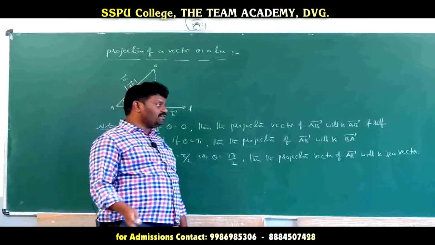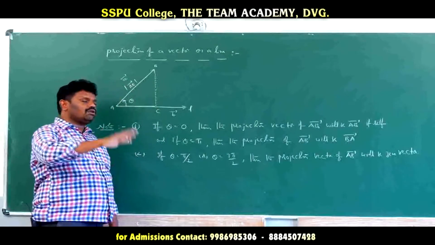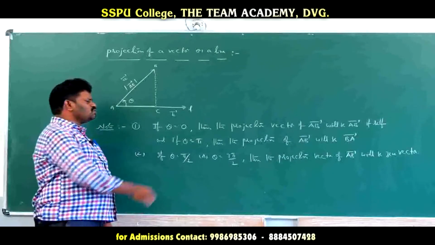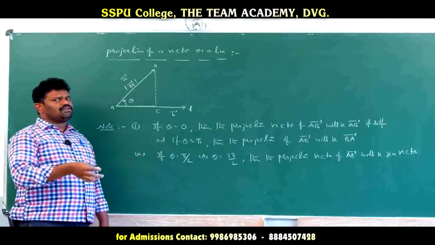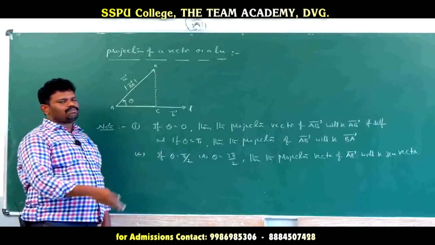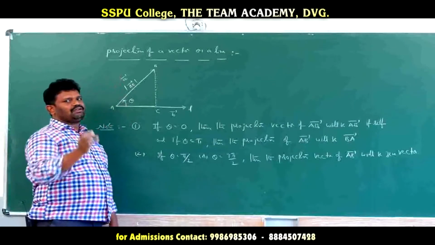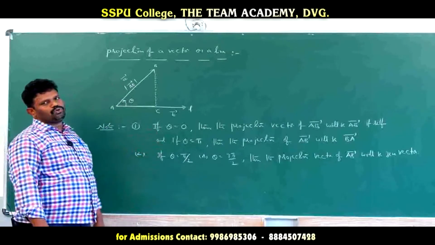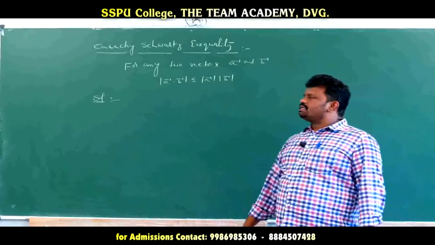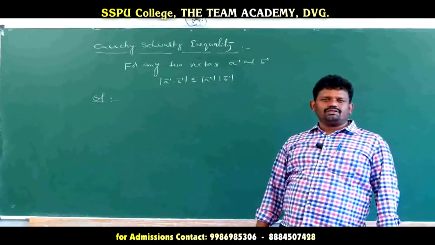Then the projection vector of AB will be the 0 vector. So remember these points, this is useful for CET. If the statement directly gives theta equal to 0, then what is the projection of the given vector? CET asks about these two points. Next, the Cauchy-Schwarz inequality. This statement is important, and there is also an example question in our textbook.